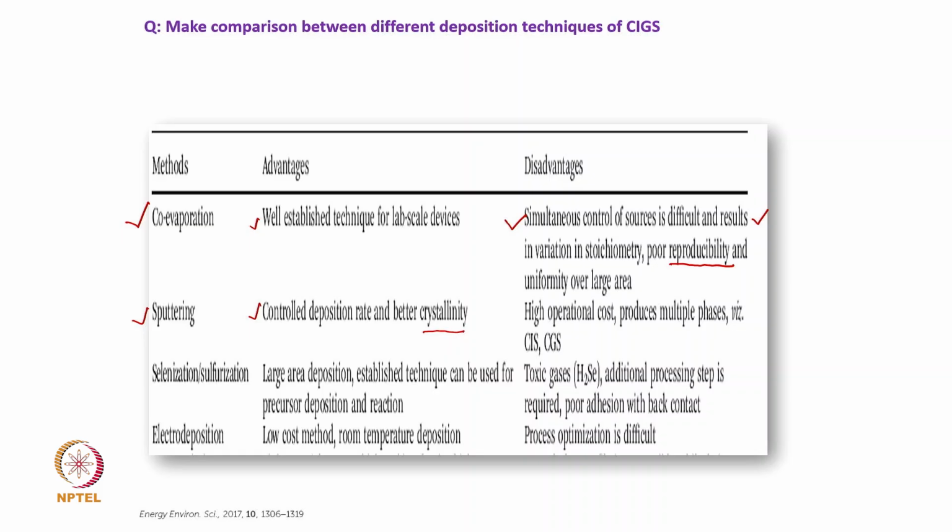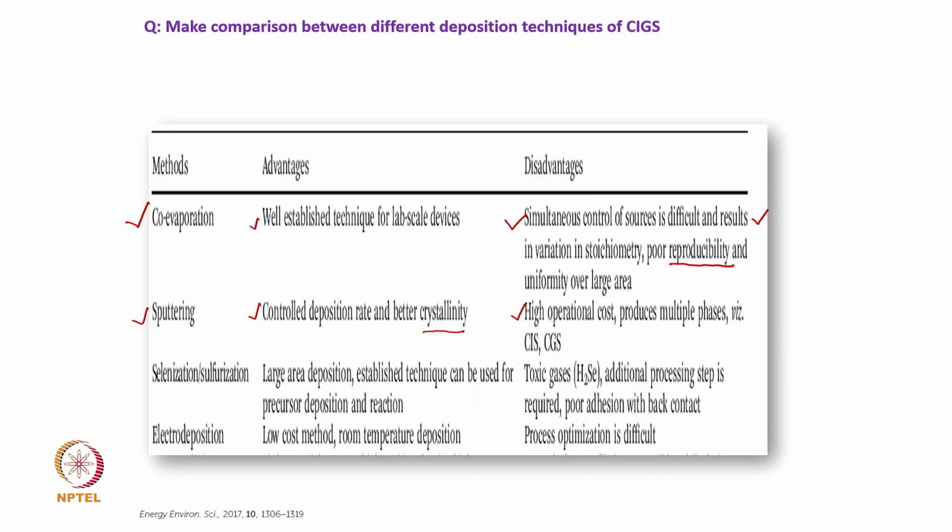But if you look at the sputtering technique, it involves a lot of things. You need a sputtering chamber, you need almost high vacuum conditions and sometimes better than high vacuum, and also you need the power sources for sputtering. So, therefore, it has a higher operational cost.